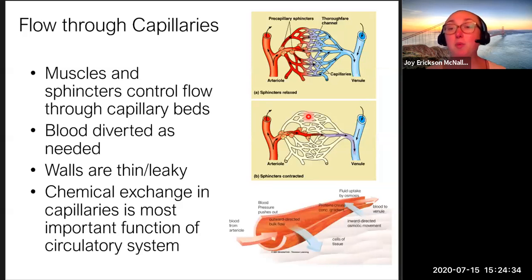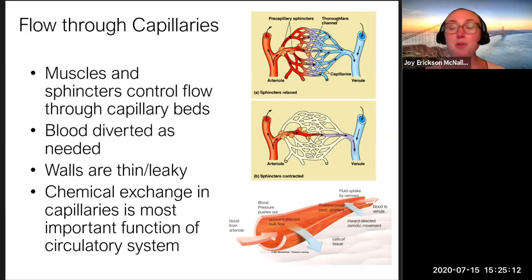So as we've mentioned, the walls of capillaries are thin, right? They're about 1 cell thick, and it turns out they're actually pretty leaky. So your blood pressure helps push oxygen and nutrient-rich blood out into the interstitial fluid, which can then diffuse into nearby tissue cells, which is again how it's delivering oxygen, etc. At the venous end, over on this side, the deoxygenated blood, carbon dioxide and other waste products diffuse out of cells into the interstitial fluid and then into the capillaries, where then they can flow back to the lungs to be sort of exhaled.